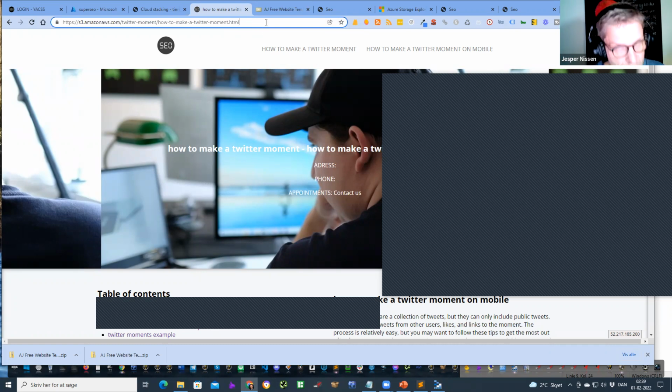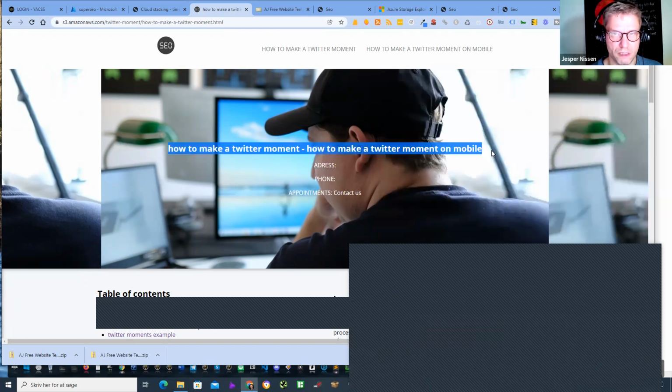It will still be indexed, and it will still transfer link juice. It's only that this page will not appear in the rankings. So if I search for how to make a Twitter moment on mobile, even though this page is indexed, it will not rank for anything, but it will still pass link juice.